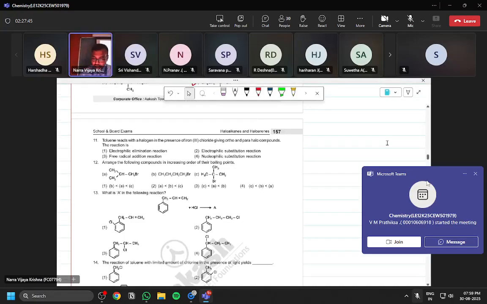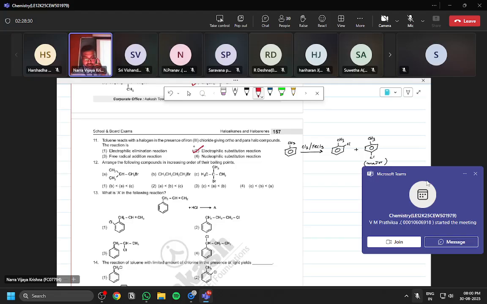Next one. Toluene reacts with halogens in the presence of FeCl3. So I'm writing chlorine in the presence of FeCl3. What will you get? What type of group is the methyl group? Ortho-para-directing, a ring activating ortho-para-directing group. So I will get chlorine either at the ortho position or the para position. Generally, which is major? Para will be major because of less repulsive interaction. So this will be major. Ortho and para, they already told. This reaction is called electrophilic substitution reaction. So answer is